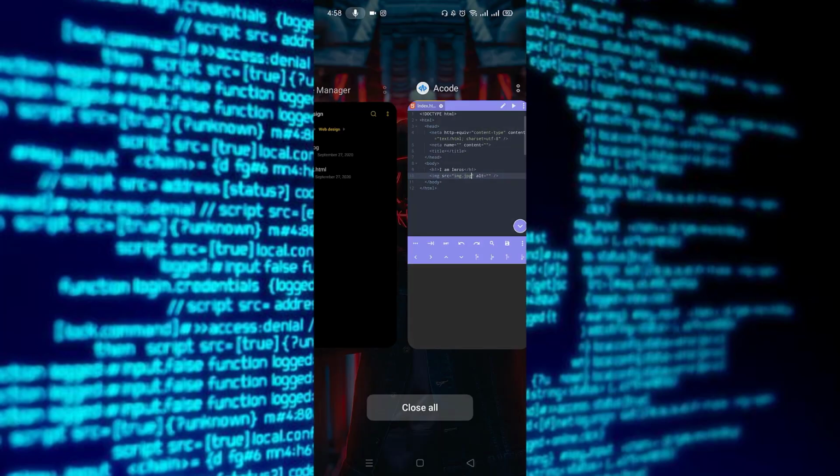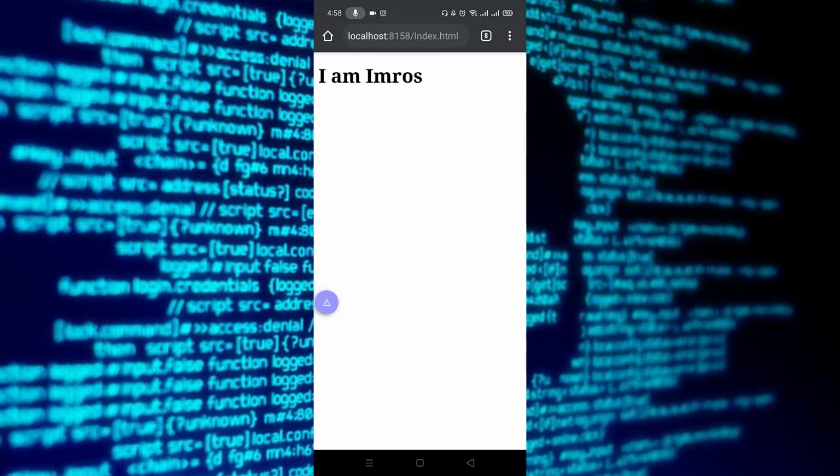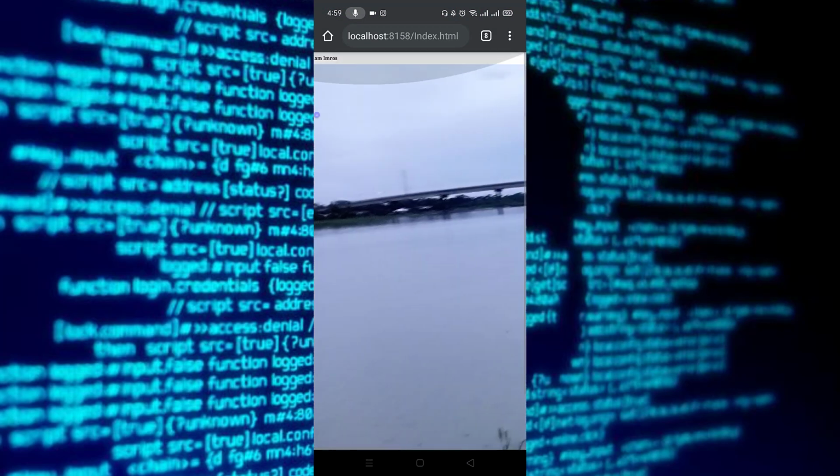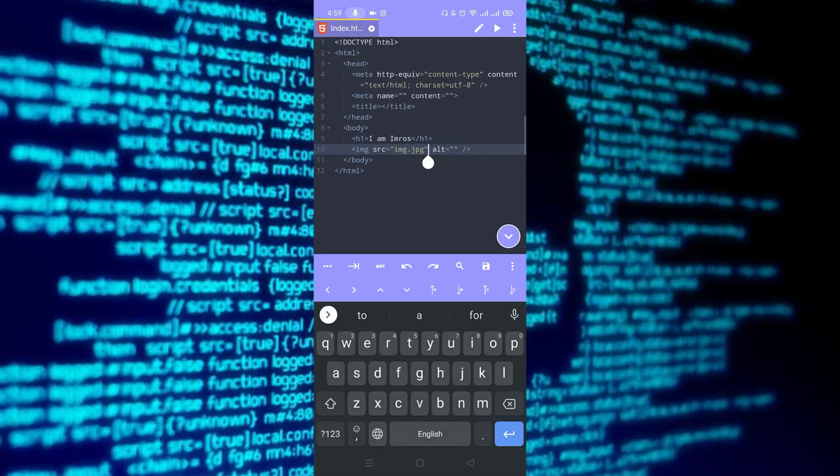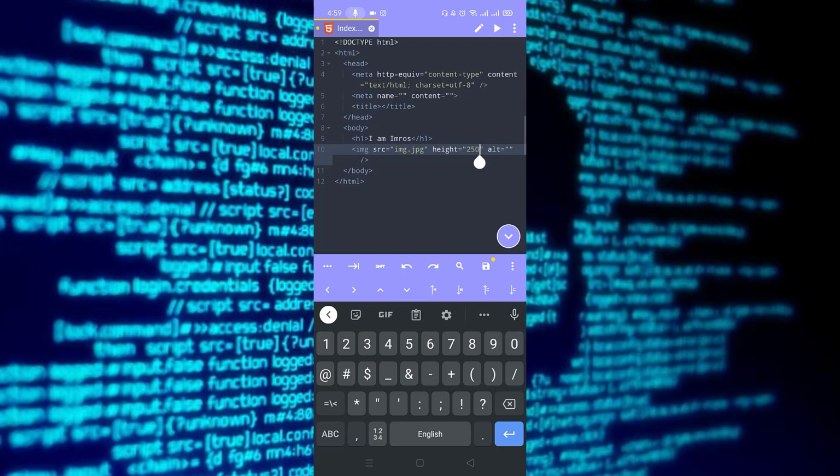Now let me save it and go back to my browser and reload it. Oh my god, the image size is actually bigger. So let me decrease the image size. To decrease the image size, I just have to type the height attribute and give it 250 pixels and save it.